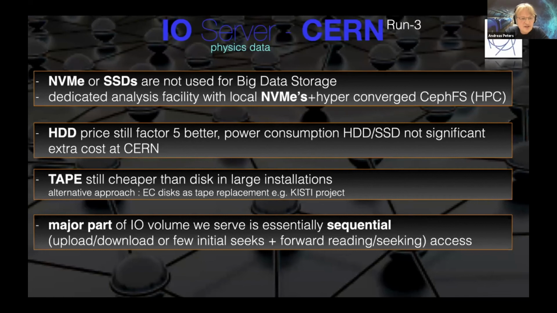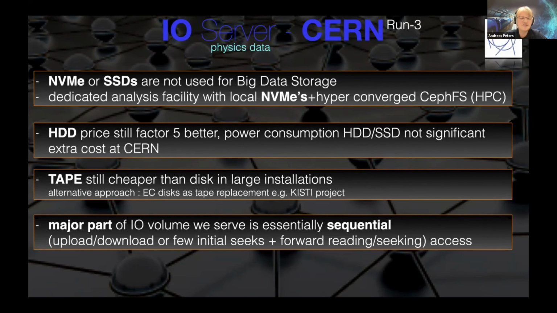But there is in principle the alternative approach possible that at some point you replace part of this or all with erasure coding, if this gets cost effective, or actually the I/O requires it, because this system with erasure coding has much nicer access pattern than the tape system, which is more complicated to get the data to be accessed. Now, if you look in our statistics, most of the I/O we see is actually still